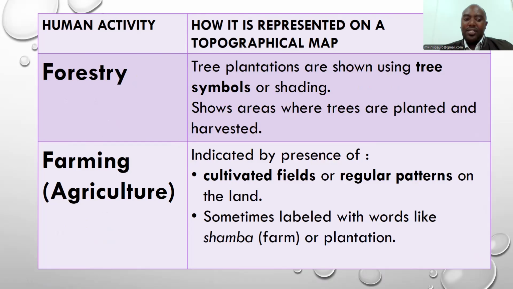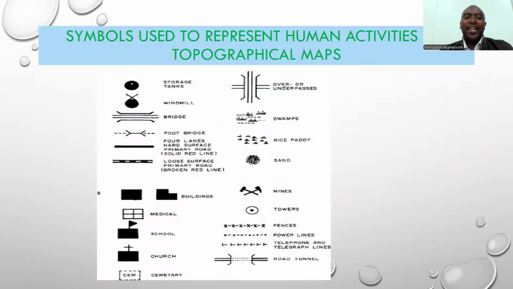Last but not least, this one I think we've mentioned, farming. It's indicated by the presence of cultivated fields or regular patterns on the land. And sometimes it can be labeled with words like shamba, which I've already told you is the Swahili name for farm or plantations. My dear learner, on your screen, I'm showing you symbols that are used to represent human activities